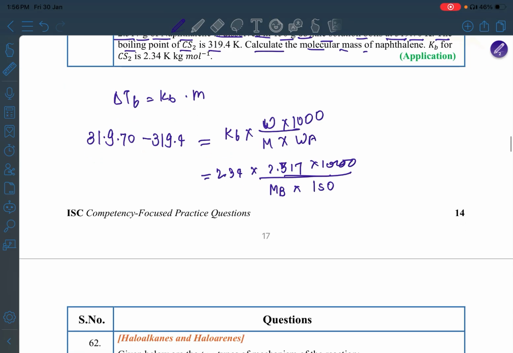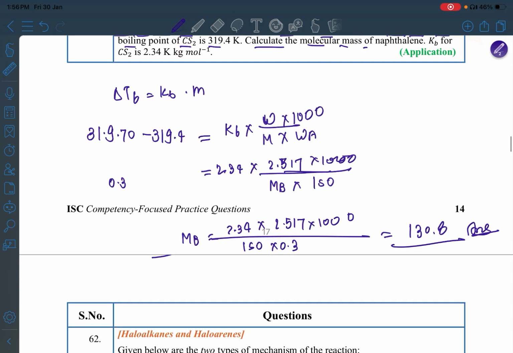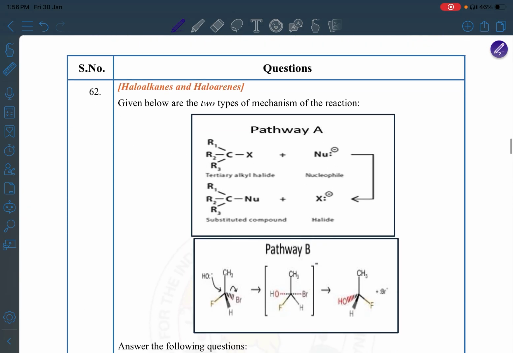Whenever we solve this, here we get 0.3, so Mb becomes 2.34 into 2.517 into 1000 divided by 150 into 0.3, and whenever we solve this we get around 130.8. So the molecular mass of naphthalene is 130.8. Then the next question is,